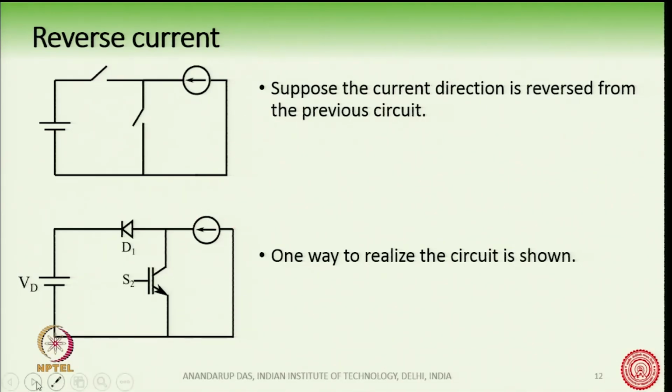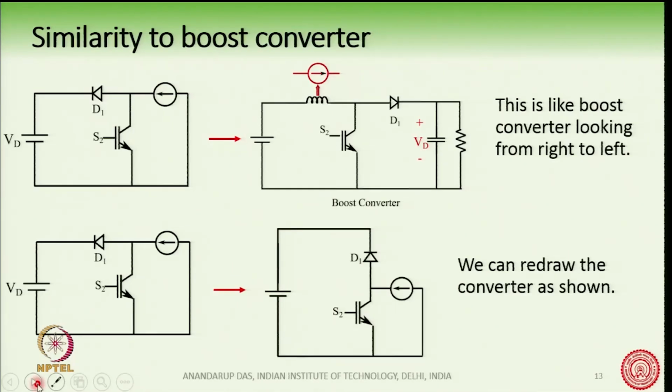So, this circuit, where the current direction is from right to left, is very similar to a boost converter, but you have to look from right to left. For example, this is a traditional boost converter, with the voltage source and the load here. In a boost converter we have an inductor at the front part of the circuit, then two switches, and then the capacitor which acts as a voltage source. So, if we replace this inductor with a current source like this,